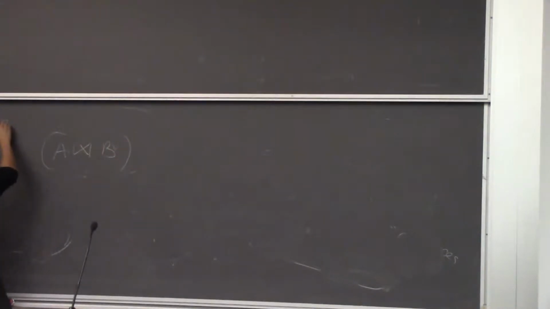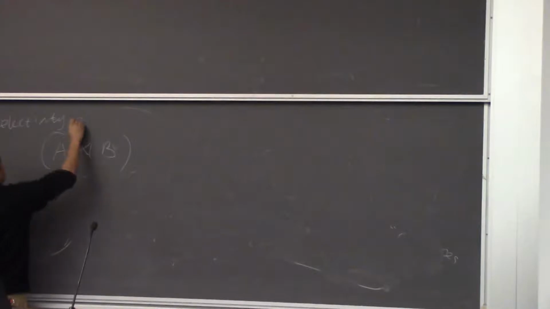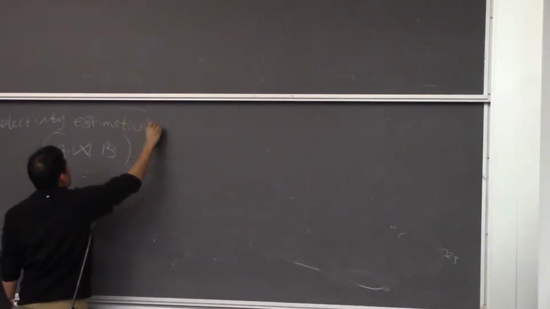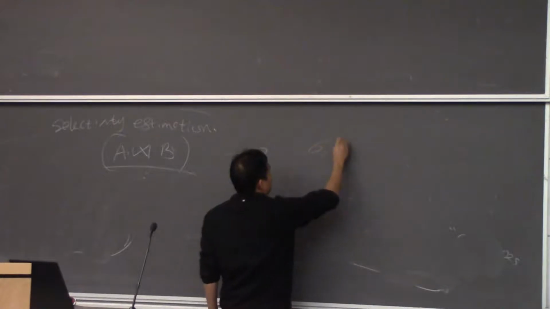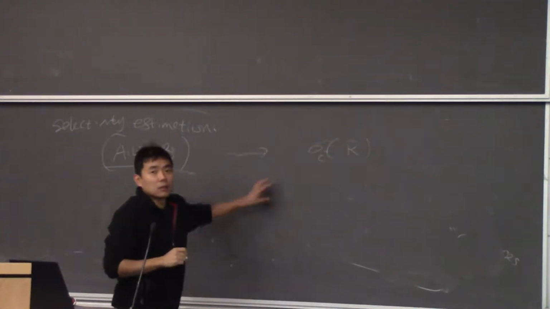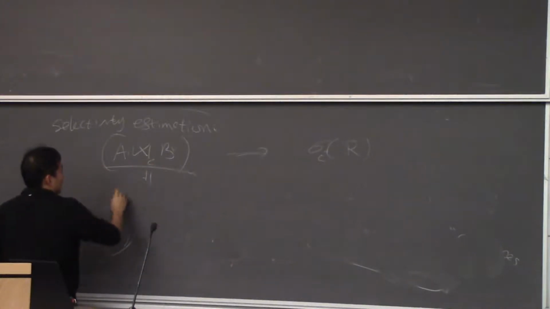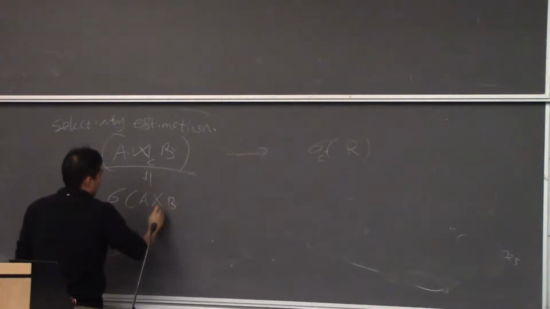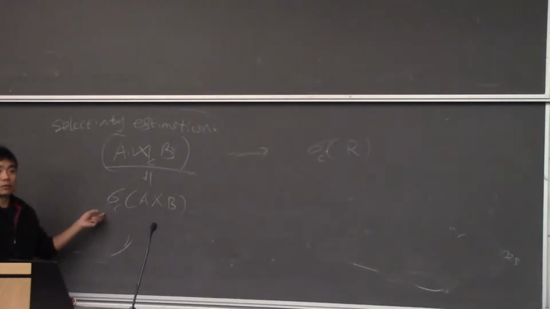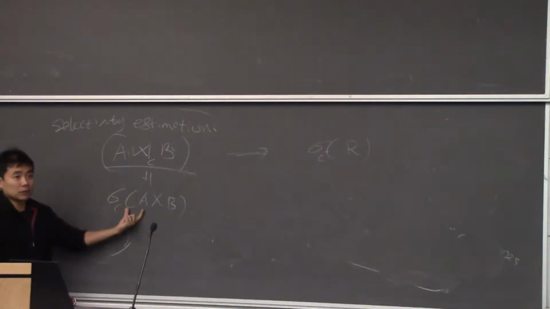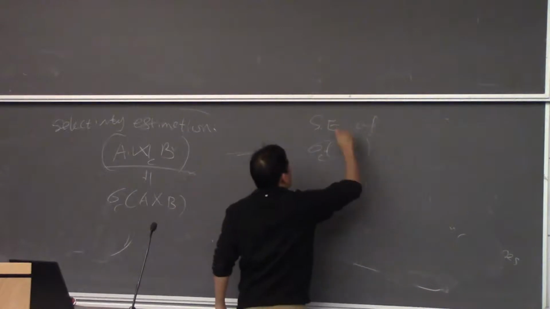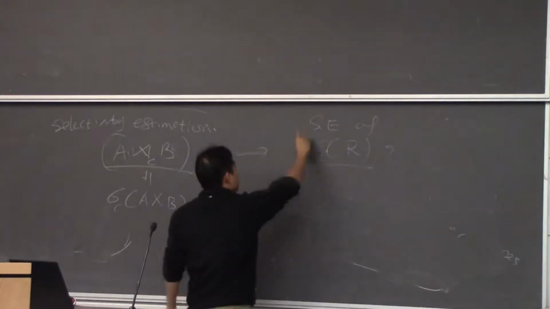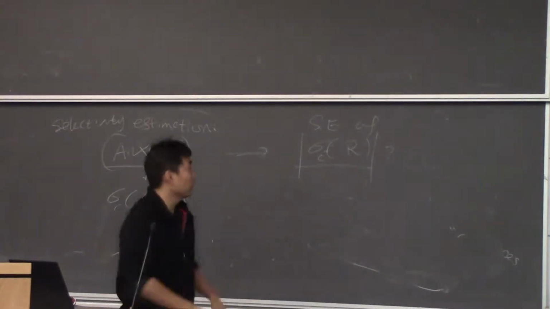So remember, our objective is to estimate the size. But before we tackle this, we will reduce this problem to the unary operator, which is selection of R, of some terms. Why is this relevant? Because this typically is reduced to this, and oftentimes I can even push down the selection operator inside. So in order to solve this problem, obviously you need to solve this problem first. So selectivity estimation of this. How do we do this? In other words, what's the size of this? Knowing, of course,